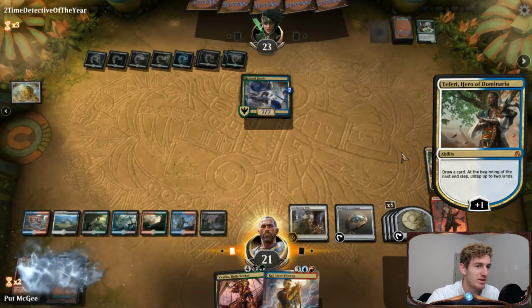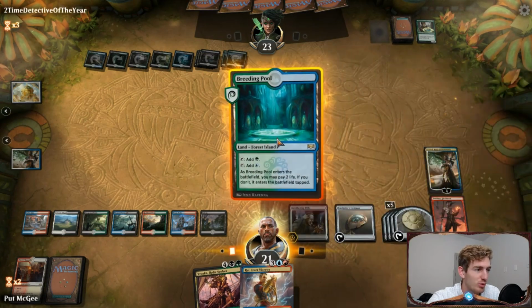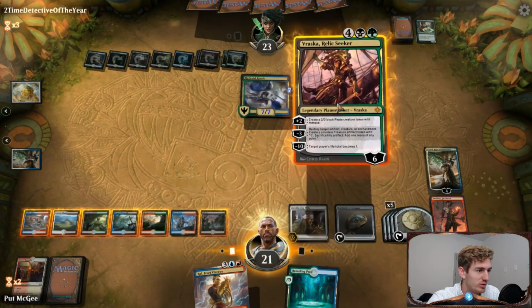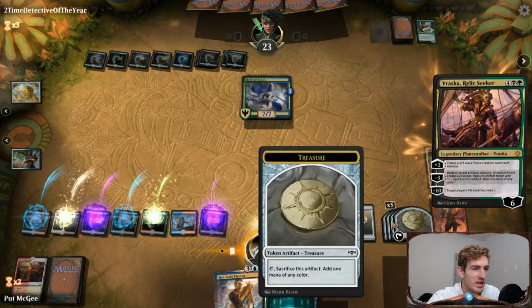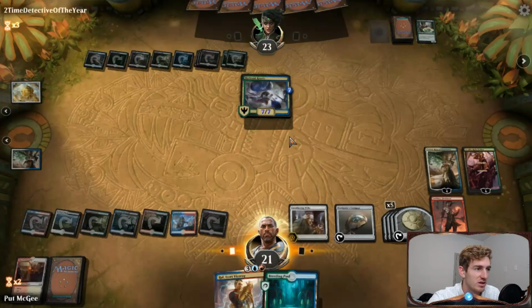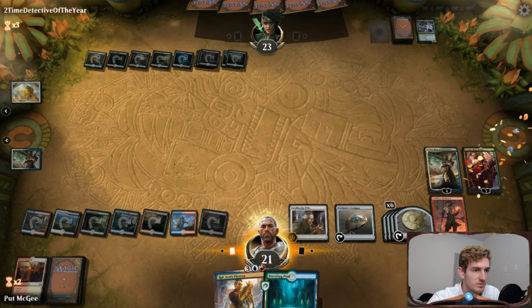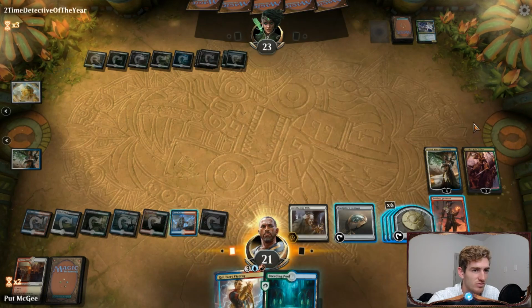Oh, yeah, baby. Let's see. What do we got? Nice, Breeding Pool. We'll go ahead. Okay, so if we do this, I want to keep as many treasure tokens as possible, but I'll also be making some. I despise you will be left with nothing. So I can...